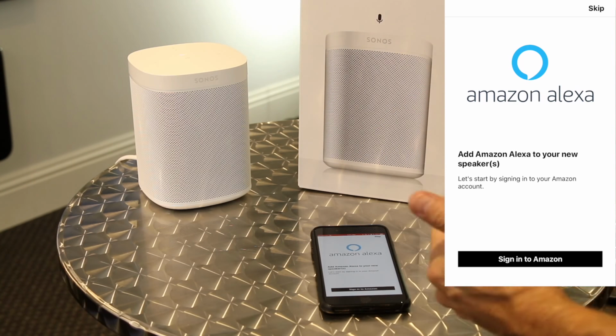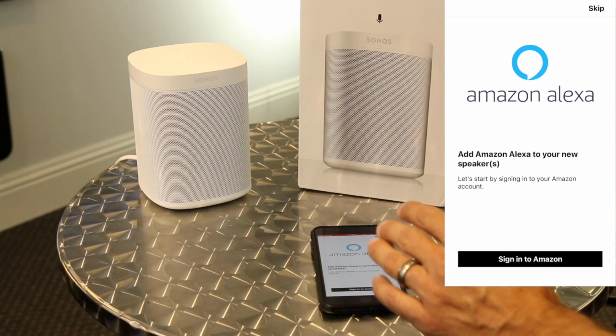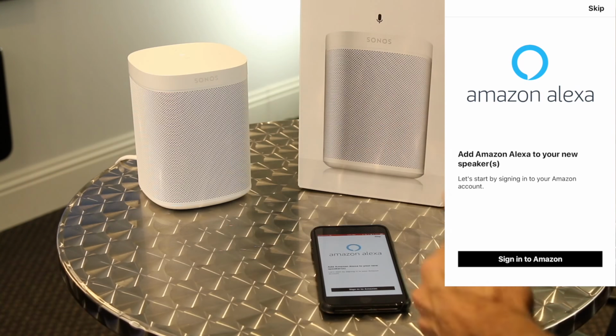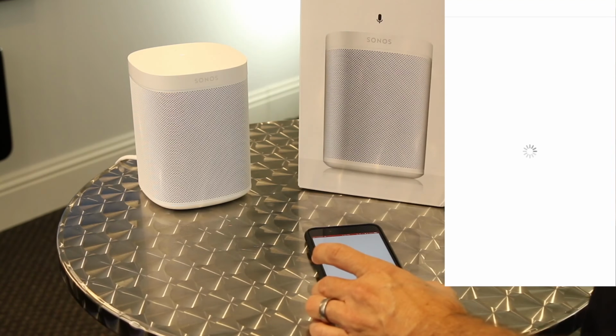So now we can add Amazon Alexa to our Amazon account if we have one, or we can start fresh. What you need when you sign up with Alexa is you just need an Amazon account. If you've never used Alexa before, that's fine. Just sign in with your Amazon login. If you've never set up an Amazon account for any reason, then go ahead and create a new account with your email address. So we're going to sign in,